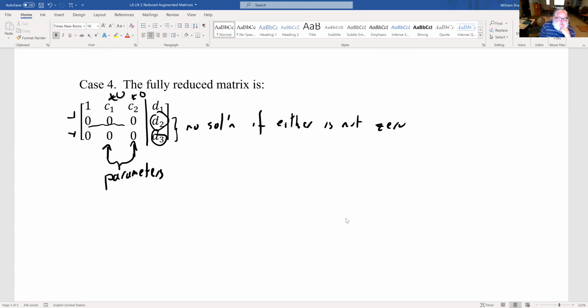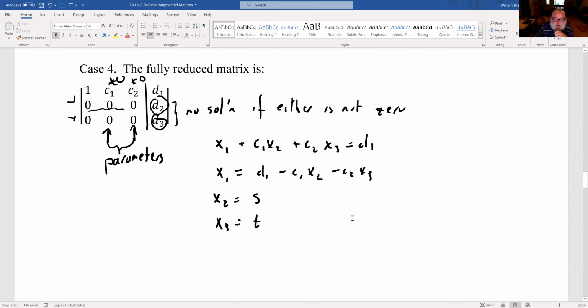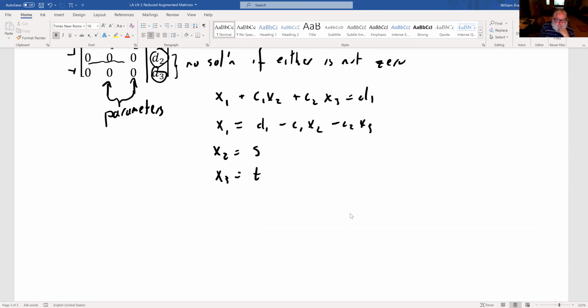So the equations, if d2 and d3 are both equal to 0, are x1 plus c1 x2 plus c2 x3 equals d1. And then 0 equals 0, and 0 equals 0 for d2, d3 equals 0. So x1 equals d1 minus c1 x2 minus c2 x3. We'll set x2 equal to s and x3 equal to t because they're different numbers. And so then in vector form, my solution becomes x1, x2, x3